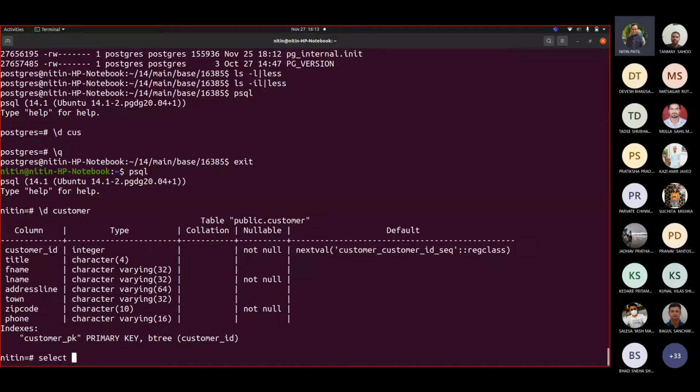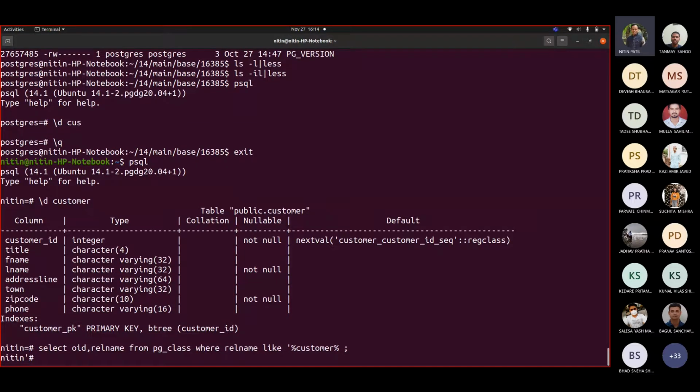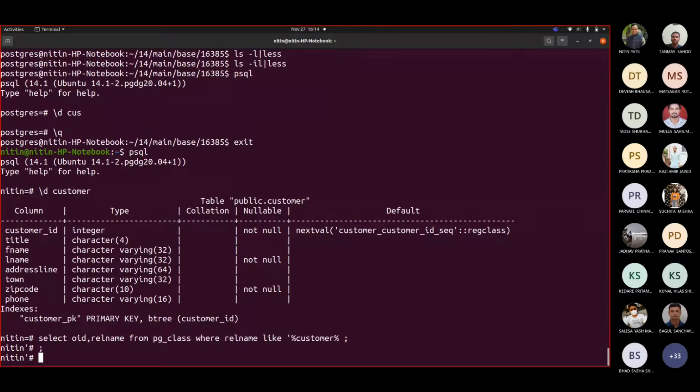So if I try to check out, select star from pg_class. Okay, let us take oid, relname, where relname like customer percent.